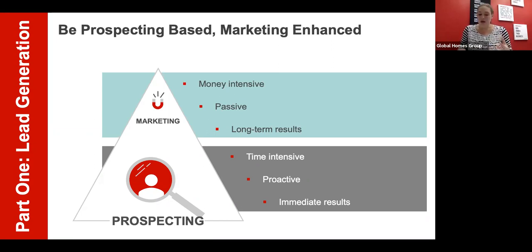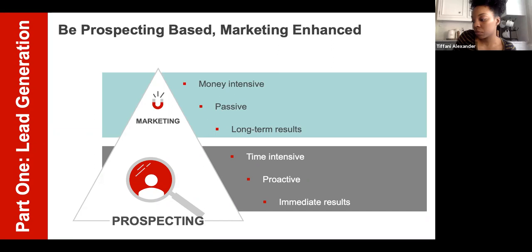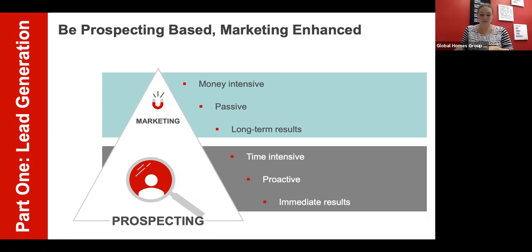Marketing is indirect. Again, you're attracting the leads. An example is you can also send out direct mail advertisement and leverage the material. You may have seen other agents or companies do just listed, just sold postcards, things like that. That is marketing. And then prospecting is time intensive, it's proactive, it's direct, and you are more likely to have